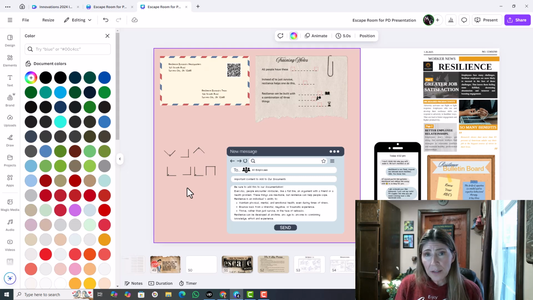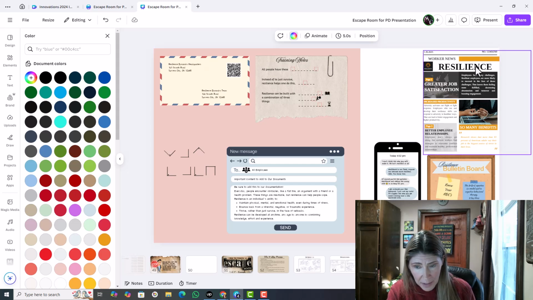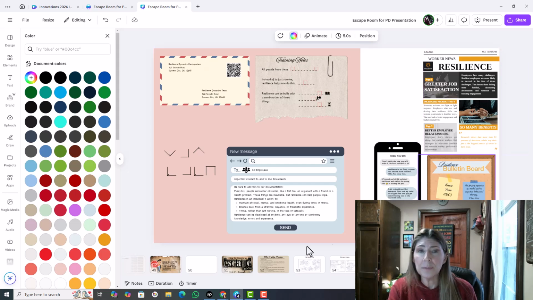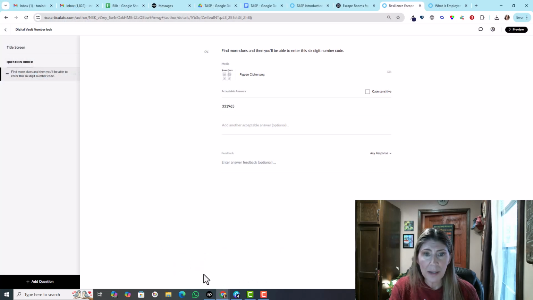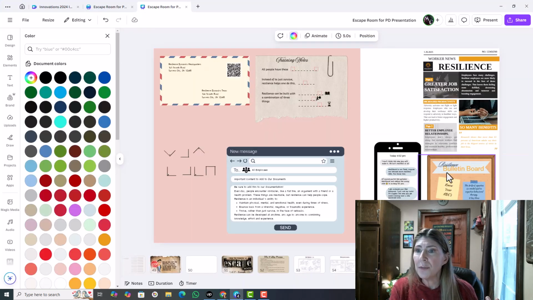In the case of my escape room, it's hallway, but if you were to use this one, you could make it any location you want. And at that location is an envelope with additional information, which is this next part, this right here. So going back to here, it says find more clues, and then you'll be able to enter this 6-digit number code. So they have the Pigpen cipher. They now know to go to the hallway. They find the other envelope, and now they have these other clues,